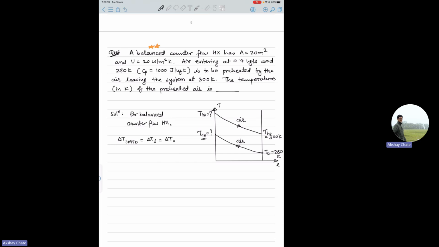So we know delta T at the outlet, right? So this is 20 Kelvin. So that will be equal to delta T at inlet and LMTD also. That is one. Then we know that effectiveness is